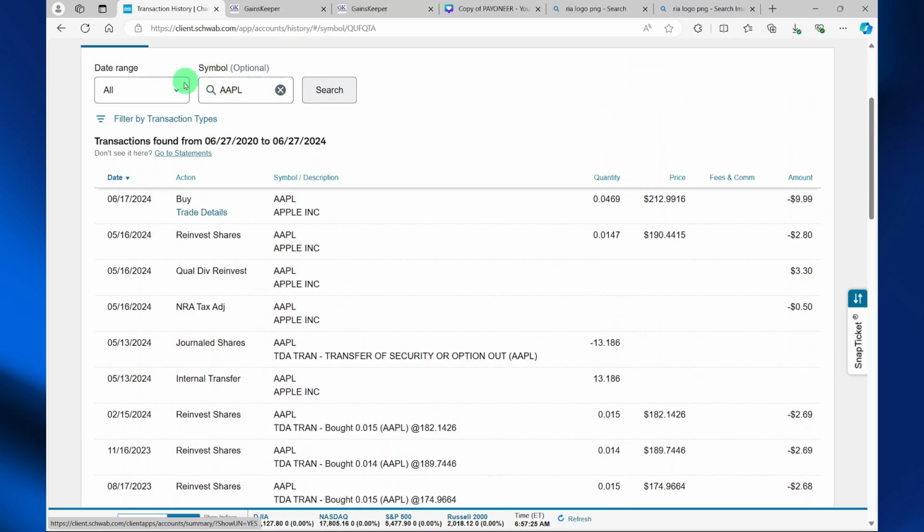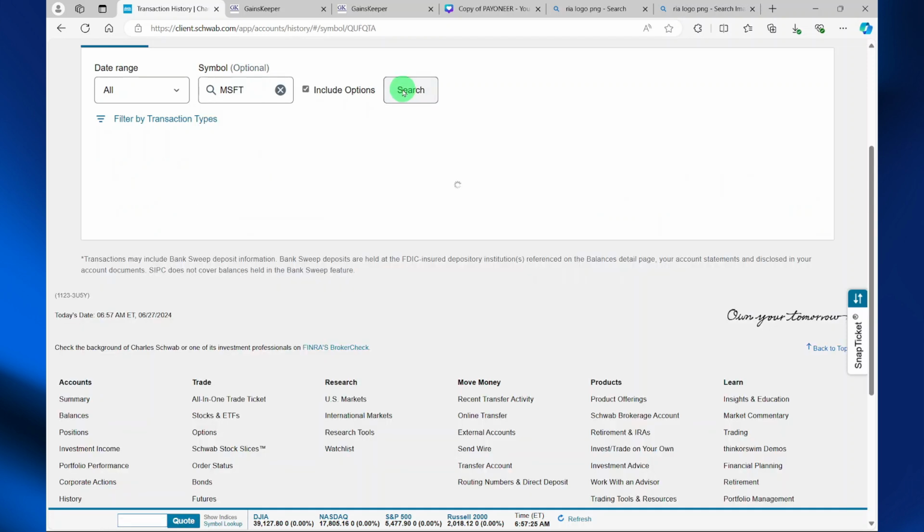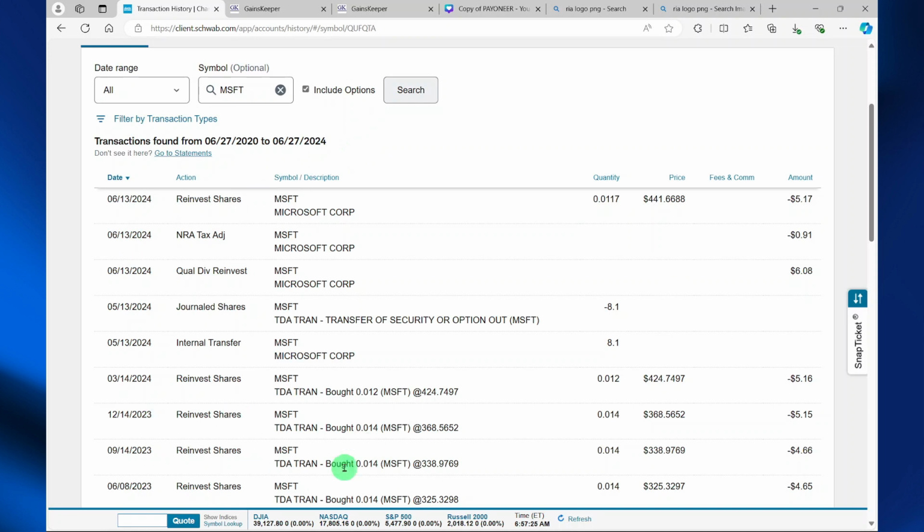To switch the position, all you need to do is change the symbol here. So let's search for MSFT and hit search. And you can see again, these are all my transactions in